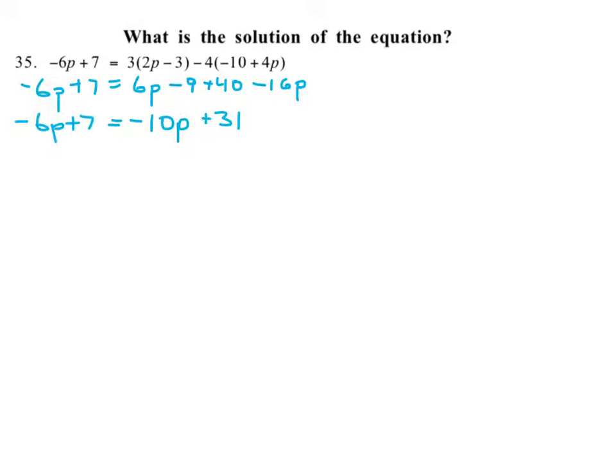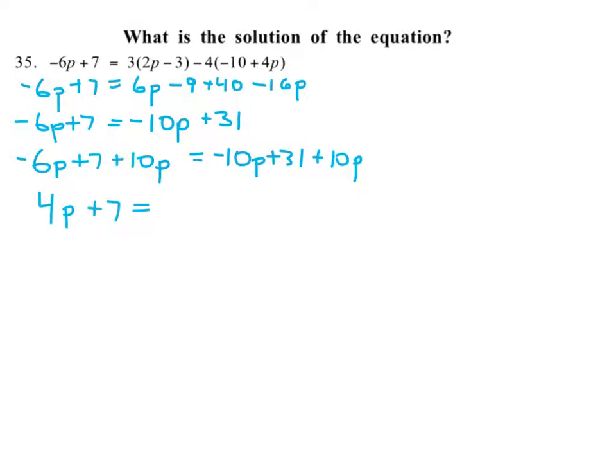Now we can start to do the addition property of equality and add the same amount to both sides. I'm going to add this 10p first. So we've got negative 6p plus 7 plus 10p equals negative 10p plus 31 plus 10p. And these combine to be 4p